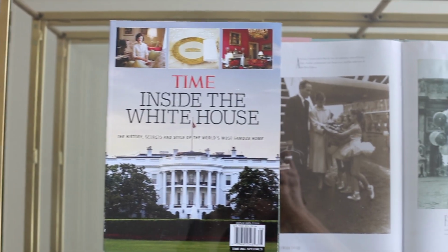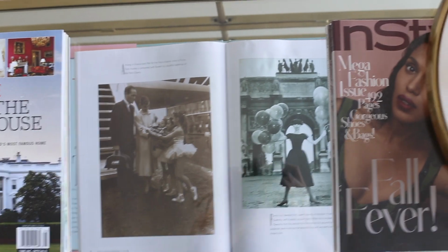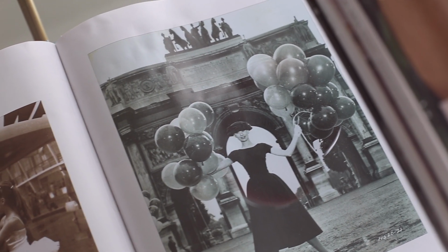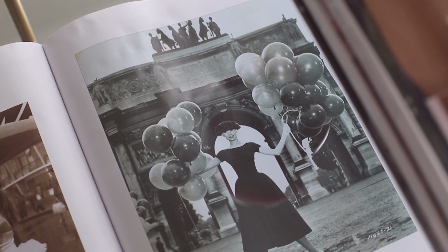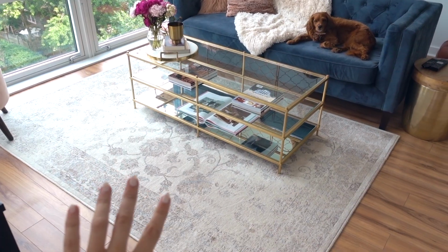And then on it, I have stacks of Vogue under these two. These are not Vogue, but I have stacks under there. And then I have an Audrey Hepburn history book there, open to a scene from Funny Face, which is my favorite Audrey Hepburn movie. This rug I got from TJ Maxx,